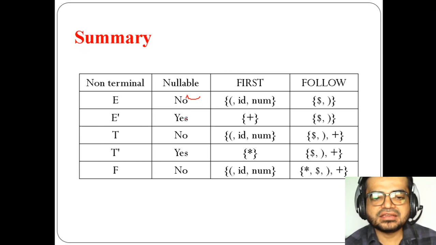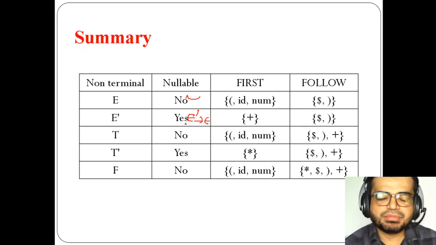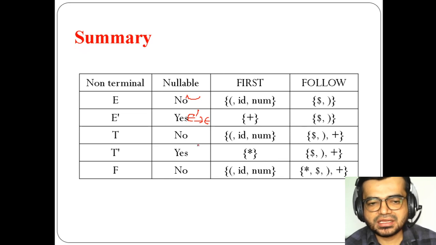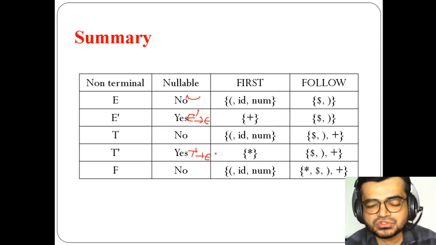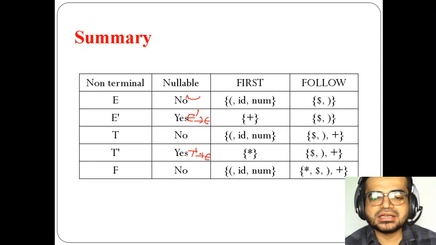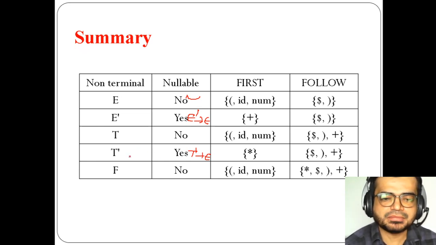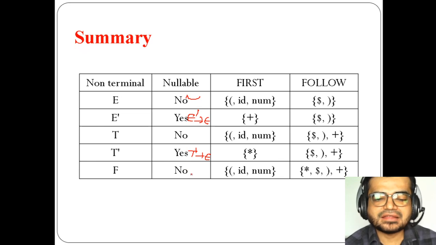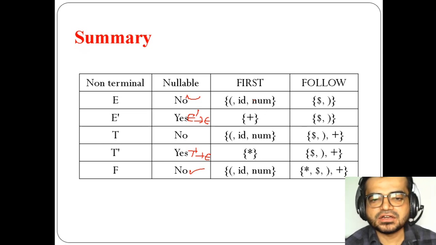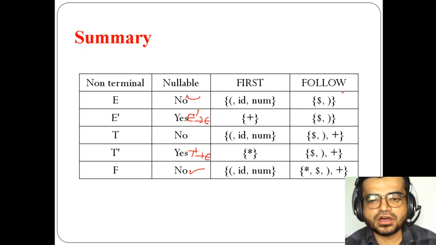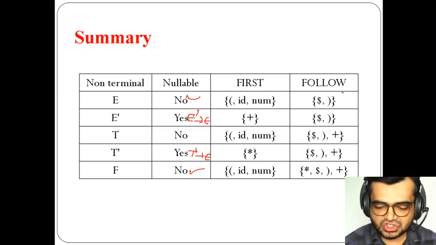And S indicates what? That E dash derives epsilon, because there is a null production here. In the same way, T dash derives epsilon here, so S indicates that it is nullable. Nullable means whenever an epsilon comes in the production while you are deriving with a given non-terminal, then it is nullable. But here, as it is not nullable, there is no such production. So this is nullable, and this is first. What is the first symbol and what is the follow? You have to verify that in the last session.